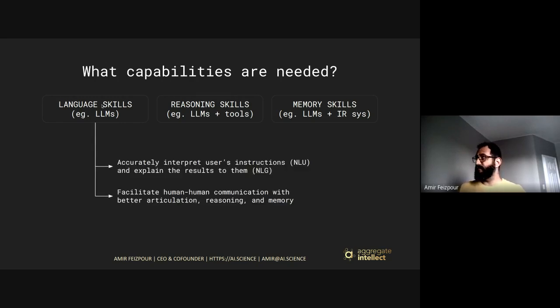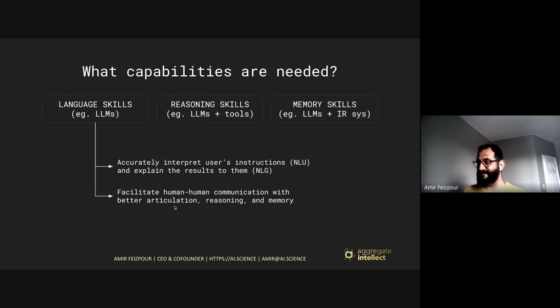So why do tools for thinking need language skills? Well, first of all, they have to interpret what the user is saying, go do something, come back and explain the results to the user. That's the most natural mode of intellectual interaction that we have. And if you can do that with a machine, that's the most natural way to do it. I tell you something, you go ahead and do a bunch of computation, come back and tell me the result. But the very non-intuitive